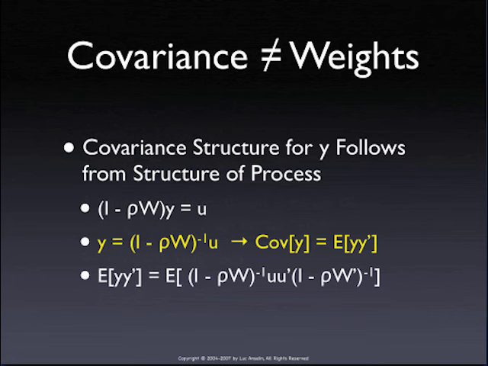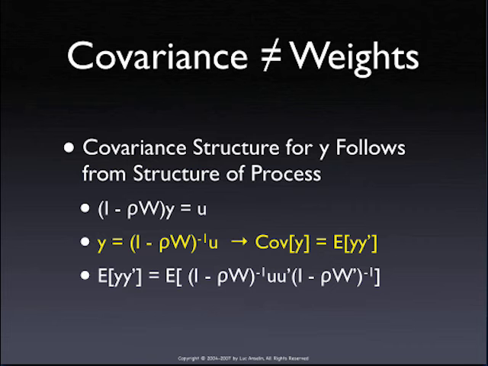The most important thing I like to stress, because this is often a point of confusion, is that the covariance structure is not the same as the weights matrix. So let me put it differently. Even though your model specifies that there is a linear relationship between a location and its immediate neighbors, that doesn't mean that the spatial covariance is limited to the immediate neighbors. So if you're thinking in terms of how things are interrelated across space, you specify a model that only includes immediate neighbors. That does not mean that the interrelationship across space is limited to the immediate neighbors. In fact, it's the contrary. It's a global system. Everything is connected to everything else,